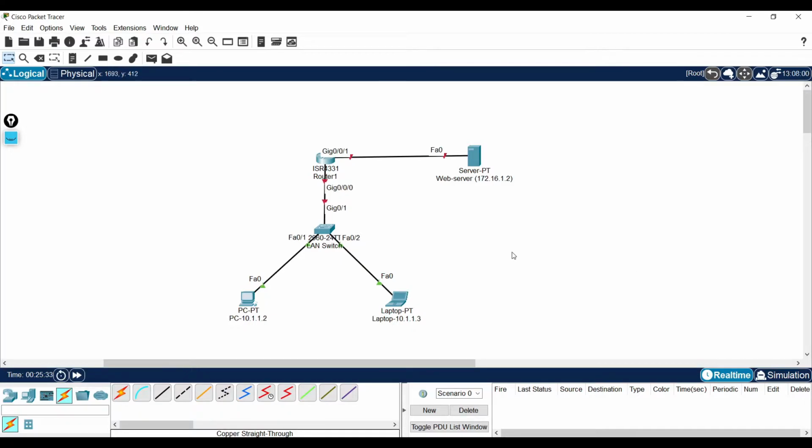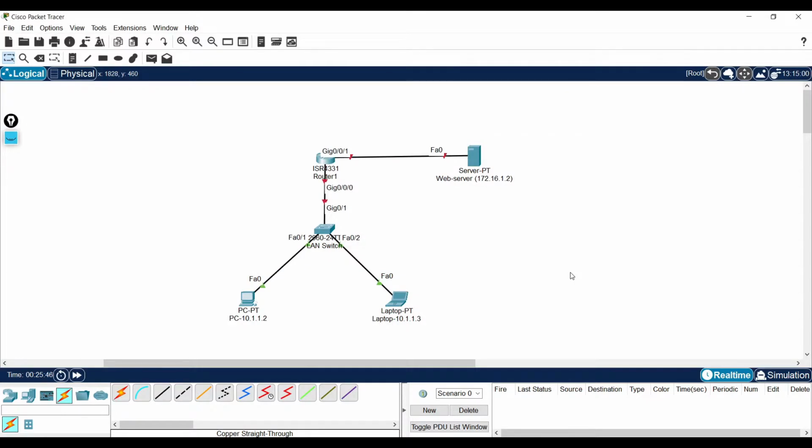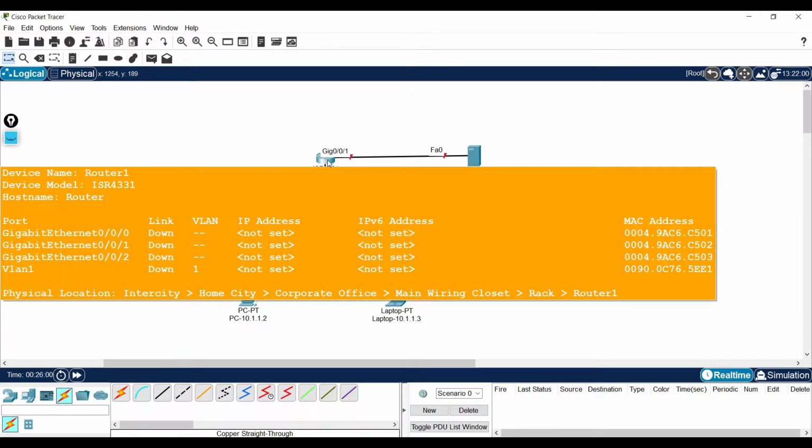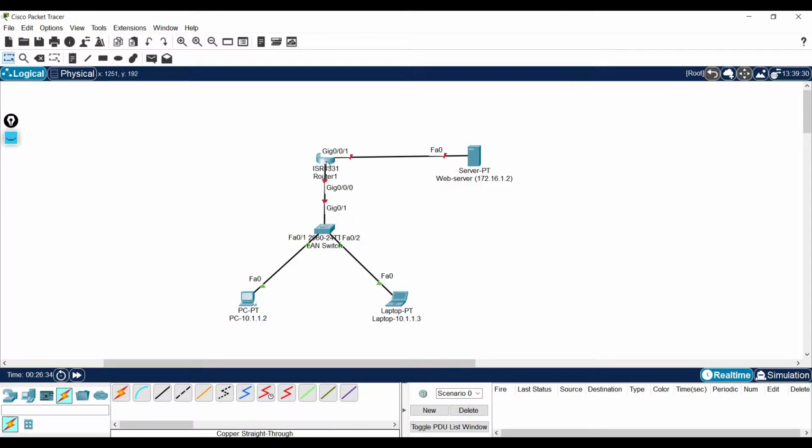Unlike the layer 2 switch, connecting the Ethernet cable or serial cable alone to the router is not enough to make that router route. By default, every router's interface is in the down state. So when you get a fresh router, the first thing you need to do is enable the interface by giving the no shutdown command in interface configuration mode. Let me do the same.